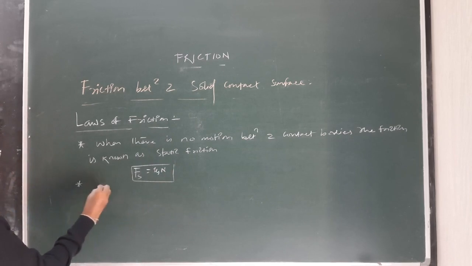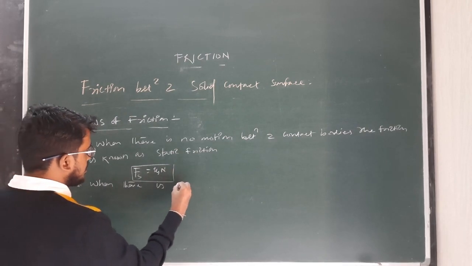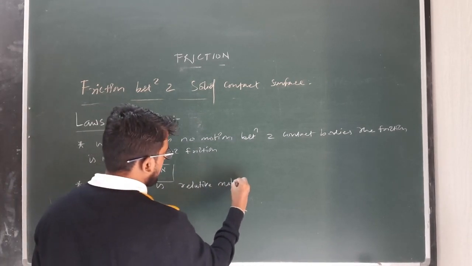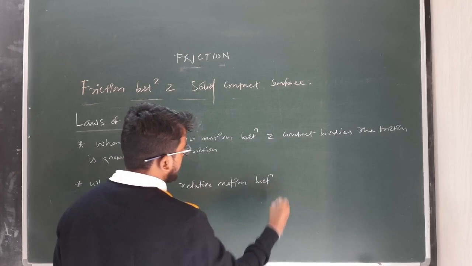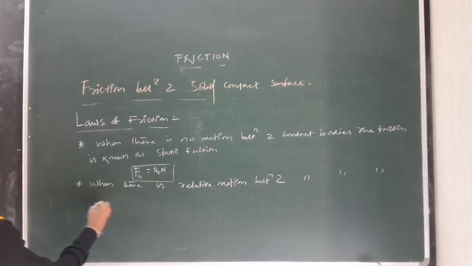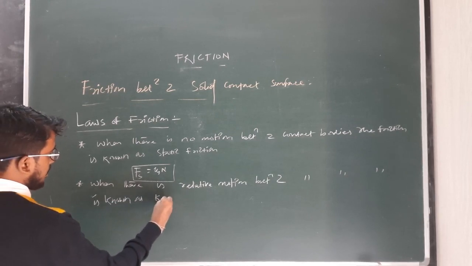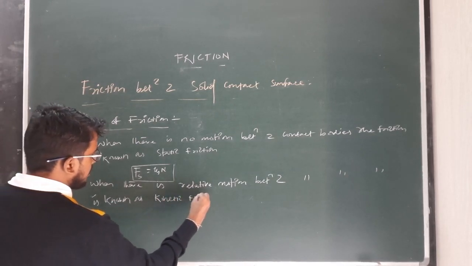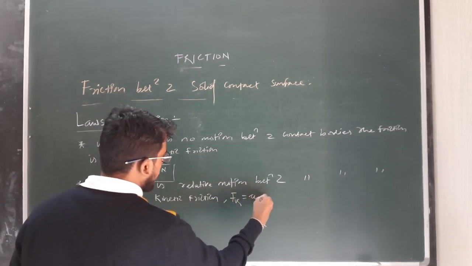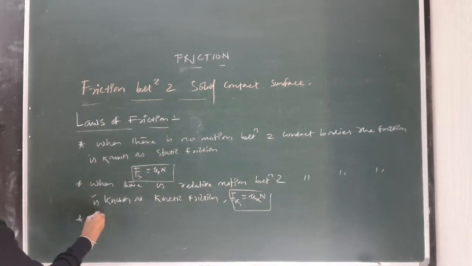Next, when there is relative motion between two contact bodies, the friction is known as kinetic friction, which is defined by F kinetic equal to mu k into N. Clear? Then third point, the frictional force